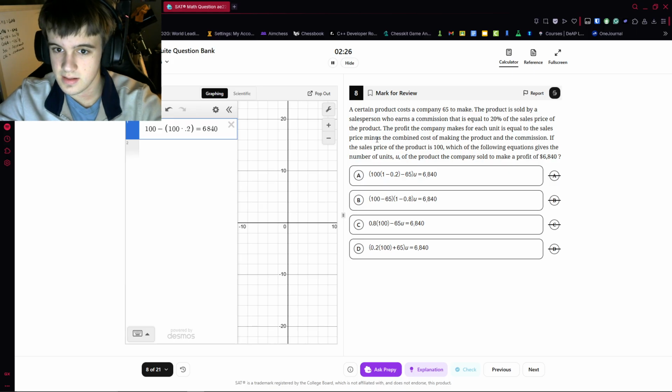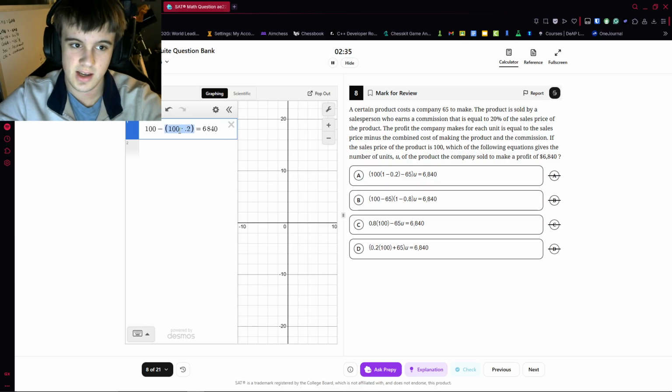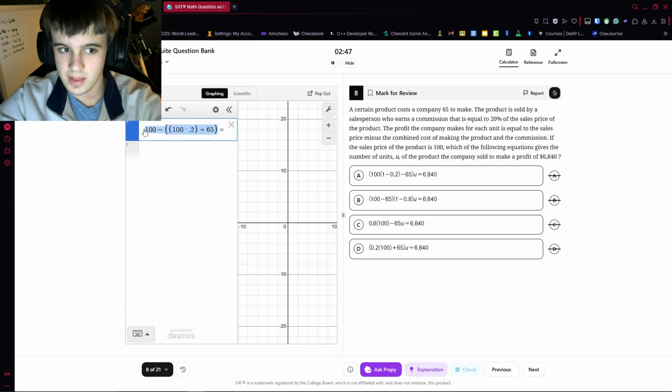minus the combined cost of making the product. So this would be the combined cost of making the product and the commission. So this is the commission, and the cost of making the product is $65. So plus 65, right? We could do this here. And then this is going to be U, right? So this is our value, but we can just plug in x1 here because